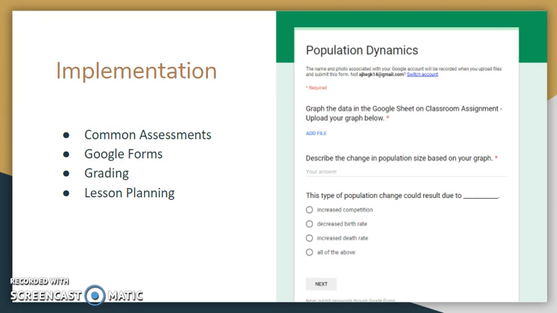So we hope that implementing this strategy will help our students perform well on the state assessments and MAP test, because many of those assessments use things like drag and drop, things like flowcharts that students have to be able to do. And so hopefully through our use of technology and our use of these more interactive assignments and assessments, we will be able to help our students be